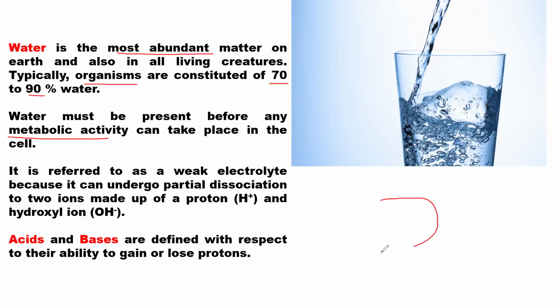So remember, we have a cell, and this cell can be either a plant cell or an animal cell. In these cells, most of the metabolic activities take place. What is metabolism or metabolic activities? Metabolic activities are the sum of the biological reactions that are taking place in your body.